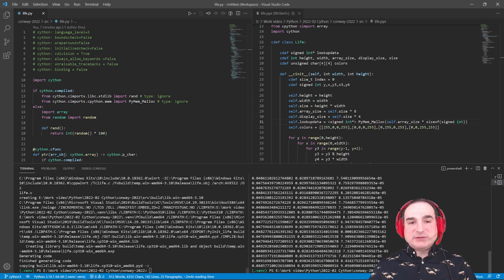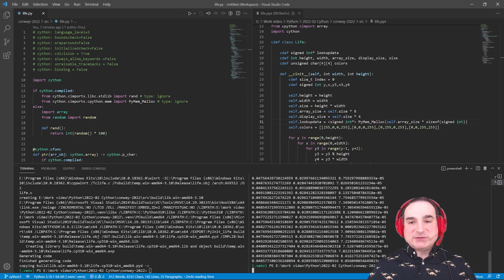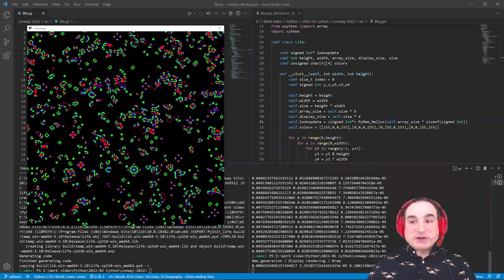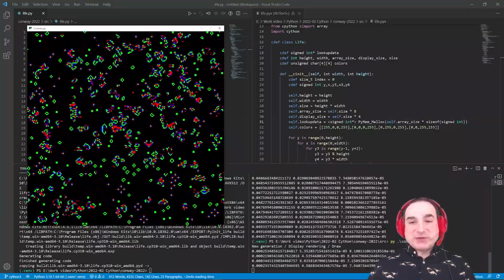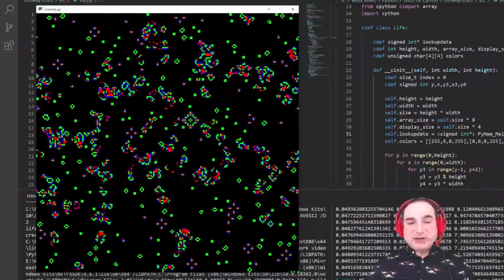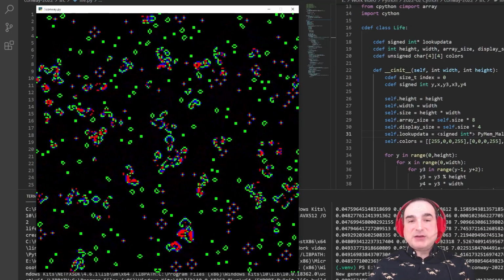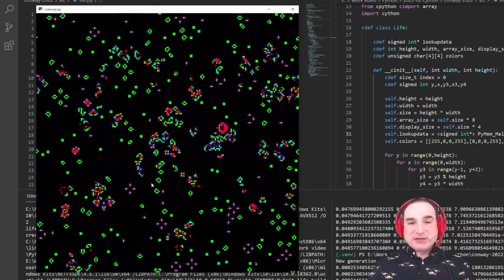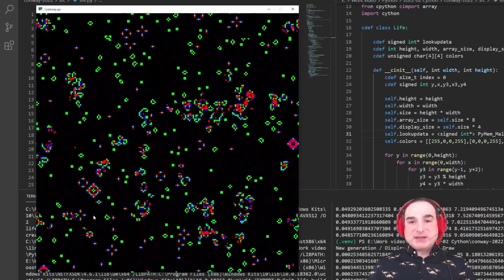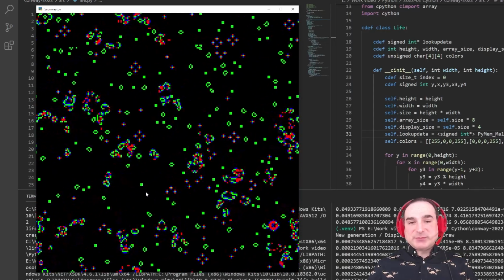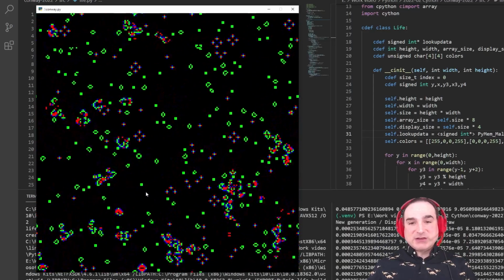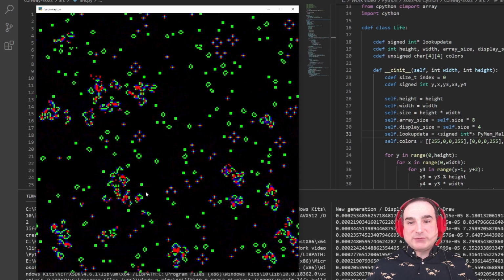So now let's run with the C-compiled version of this module. And first off, you can see how much faster it is just off the bat. The render time for each generation is several hundred times faster than it was before, as is the draw time. I'm running this program at 30 frames per second so that you can see it in this capture, but in theory we could run it at 1,000 frames per second.